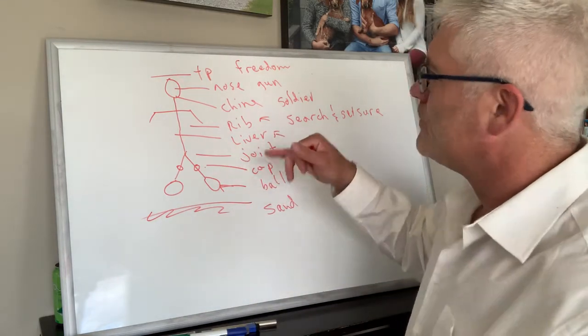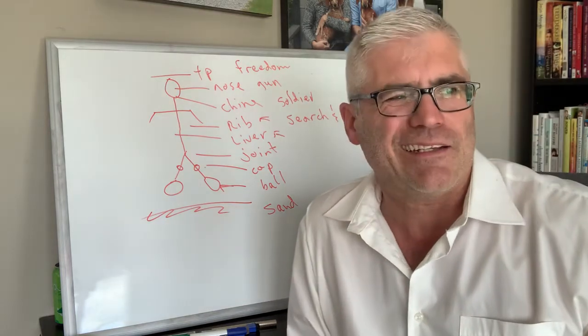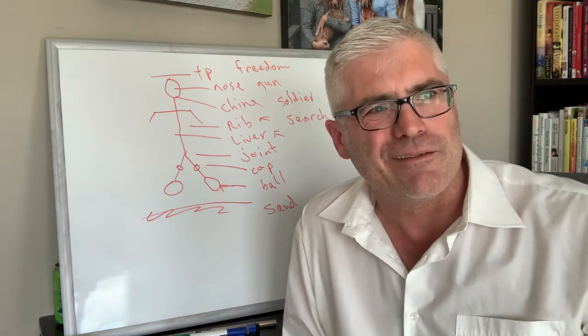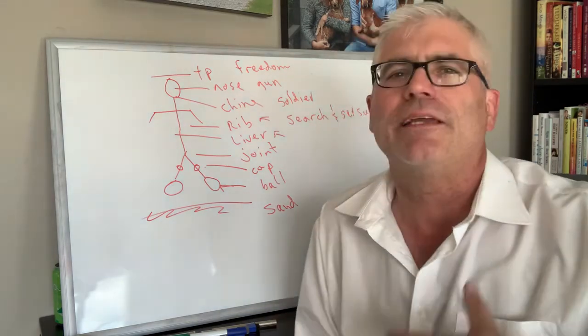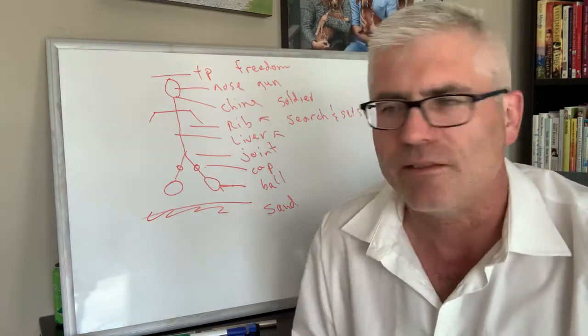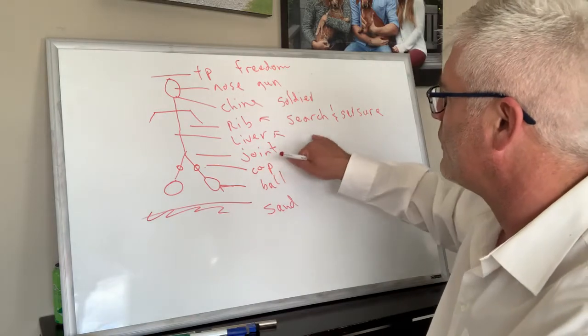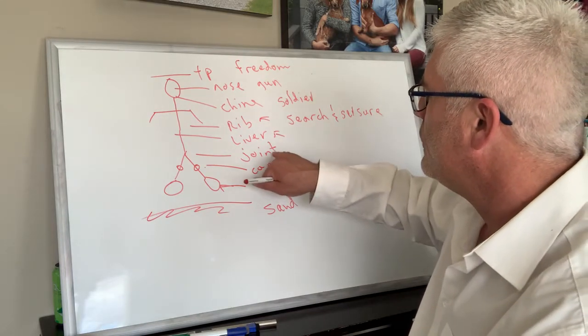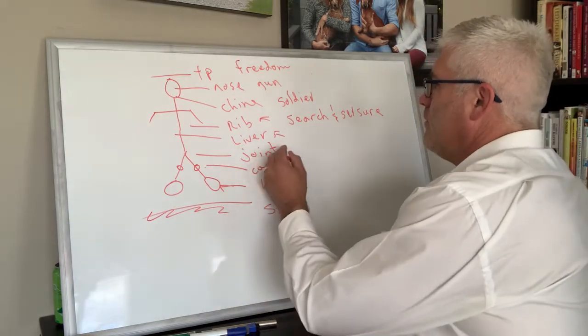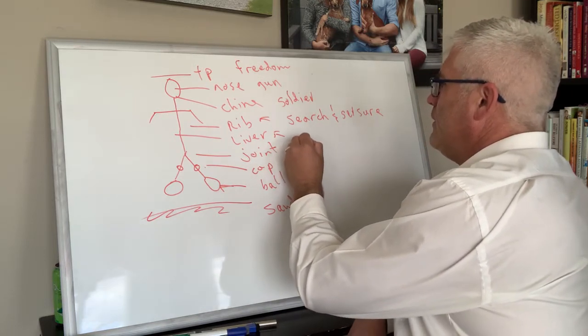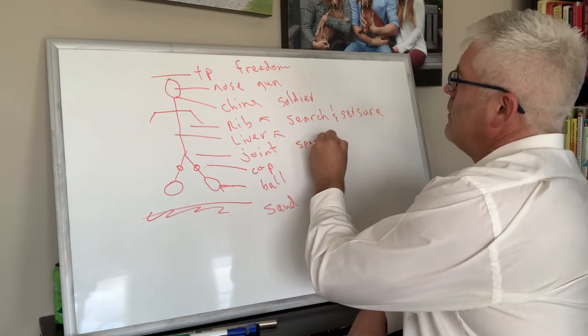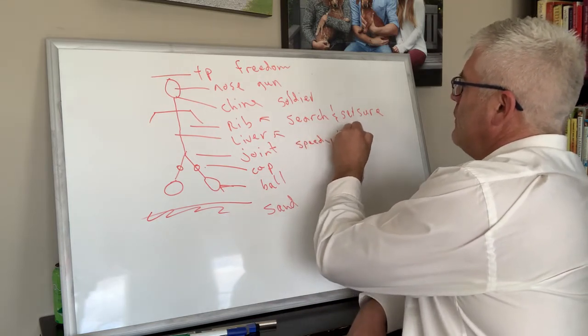You can't, how do you say this? Again, I'm not an American, but still, the rights should apply to everybody. It's basically, you can't self-incriminate yourself. That's one of the Bill of Rights. That's liver because it's a photograph. Joint is, you have a right to a speedy trial. It's one of your rights.